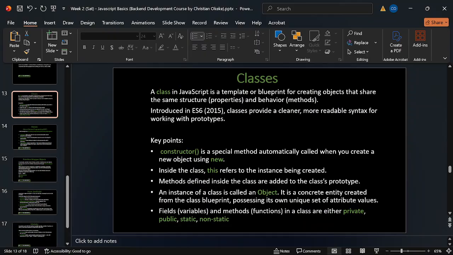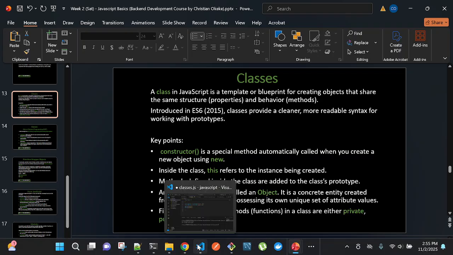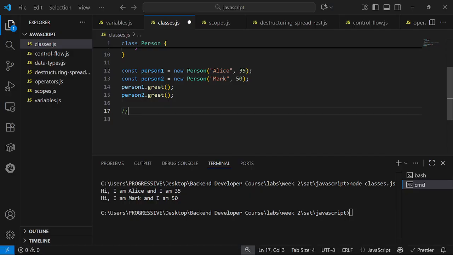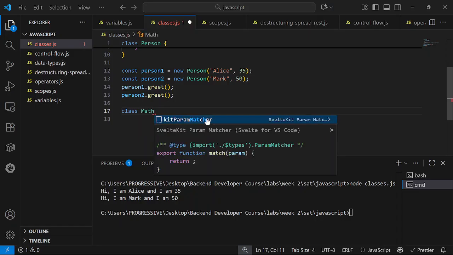yeah, we have what we call the private, public, static and non-static variables, methods, fields in a class. And what do we mean by that? Okay, let me define a class here. Call it